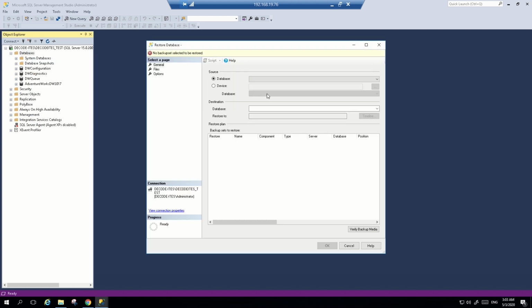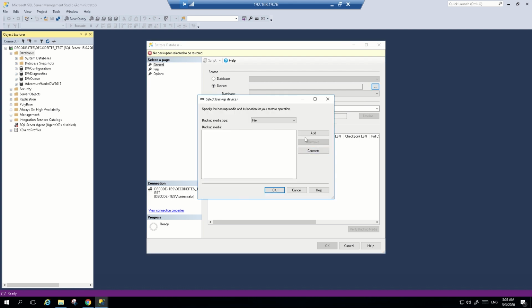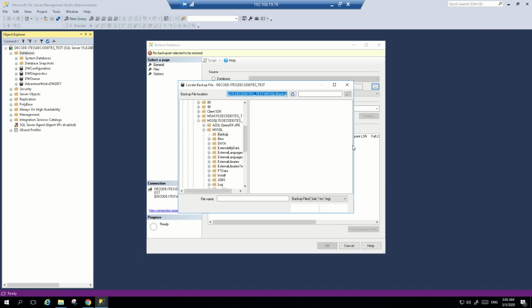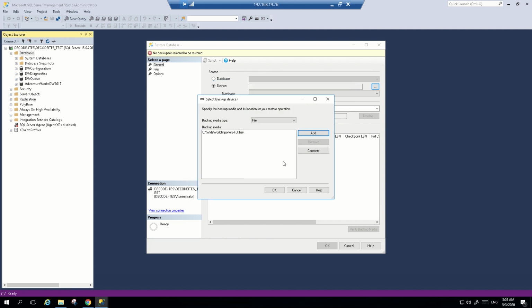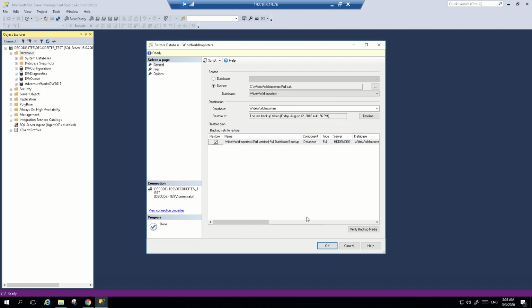Now we restore Wide World Importers, same steps: device, add, go to the location of Wide World Importers. Okay, restored. So both your databases are ready to use now.